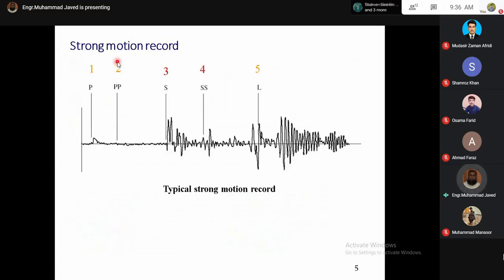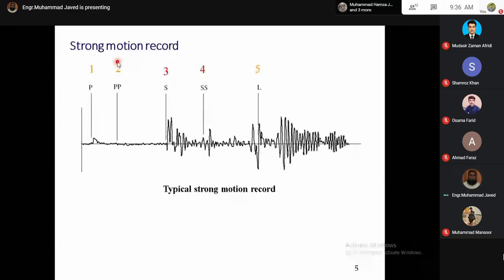Whether a record is a strong motion record or a simple record, in all of them there are two types of waves which propagate after an earthquake. One is the P wave or primary wave, and the second one is the S wave or secondary wave. P waves have a higher velocity, so these are first noted on the instruments which are used for recording the earthquake data,